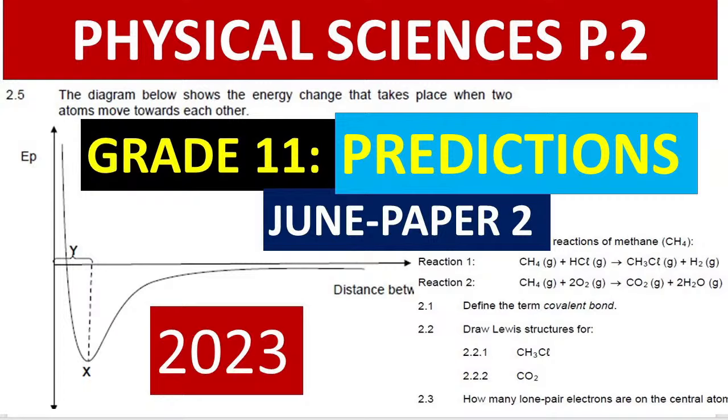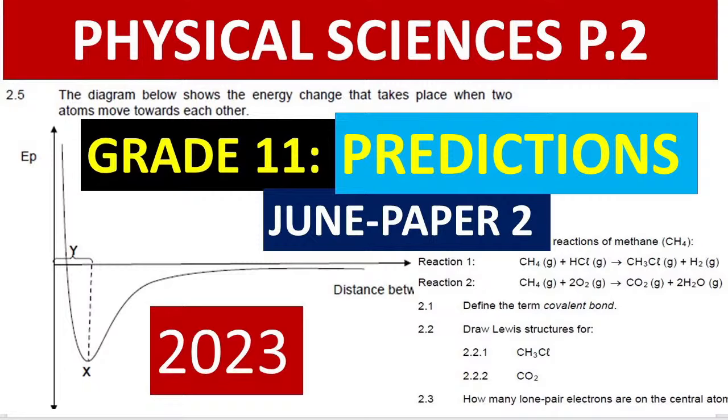It's already full. It means that it doesn't require another partner for it to bond. While hydrogen will require another, it has 1 electron. So it will require another hydrogen so that these 2 electrons can form a bond. Don't forget that the bond is formed by 2 electrons. So now, if I draw the structure of hydrogen, 1 electron, and another hydrogen with another electron, meaning that now this first shell is having 2 electrons, therefore it's full.